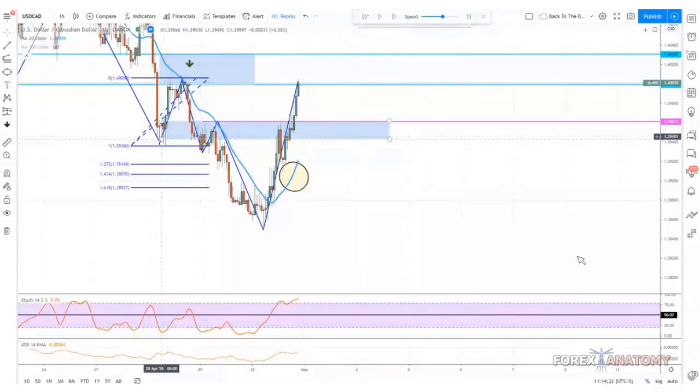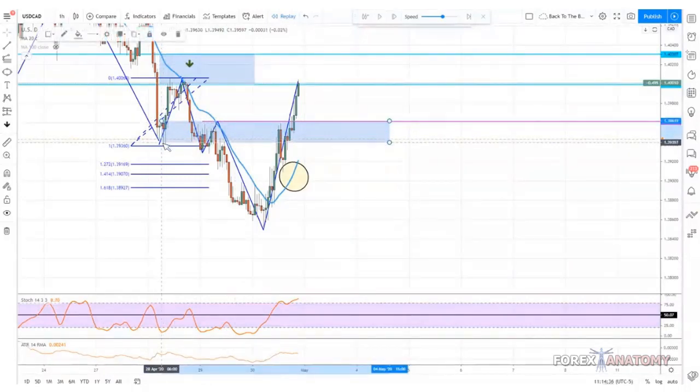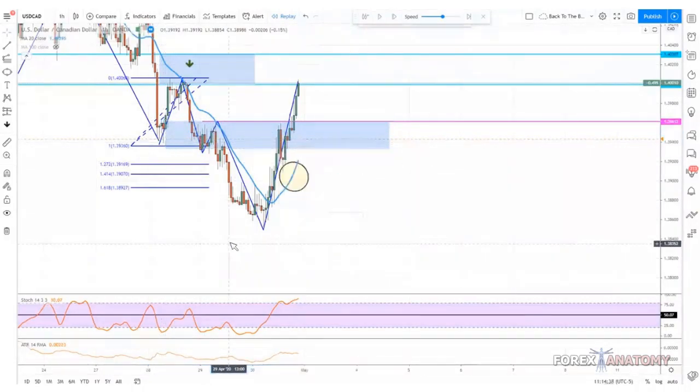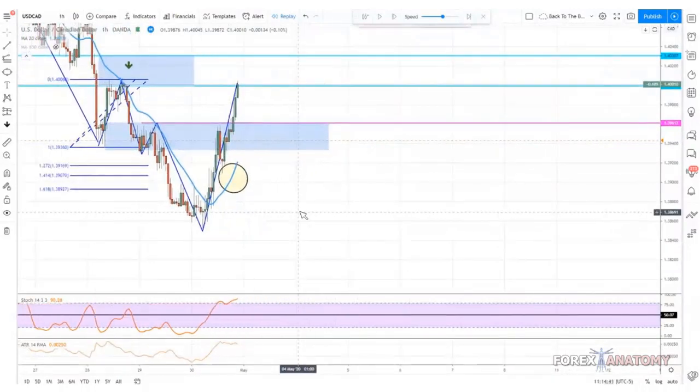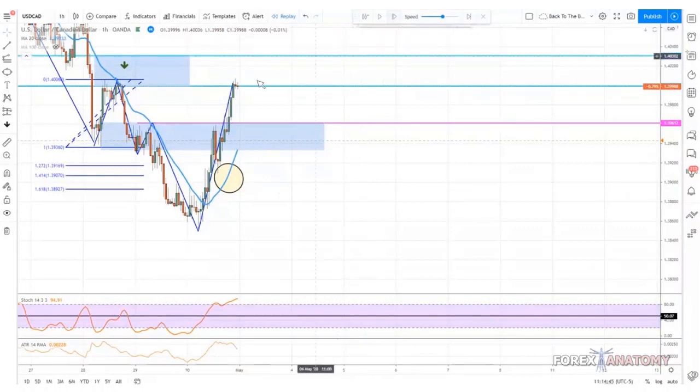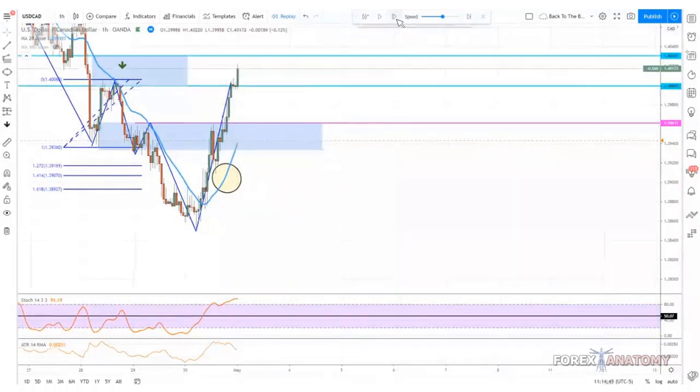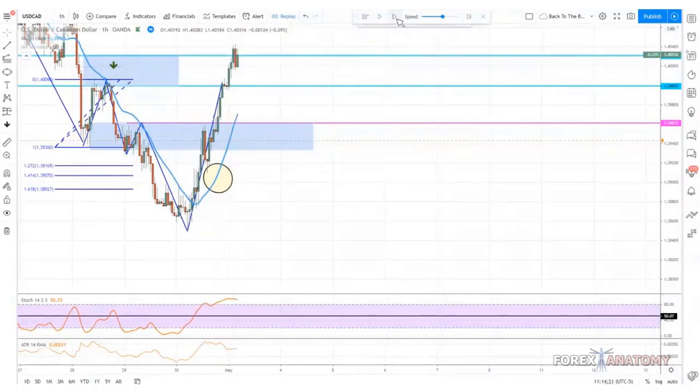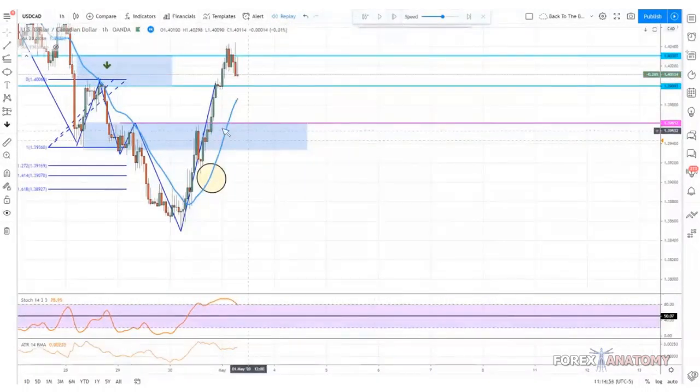Yep, exactly. So then we have this previous high, but what we could do is draw in this zone right here. Then all we're going to do is look for our buy opportunity. Let's see, we get one. Okay, now we got two consolidation candles. This is when we draw in this way. So let's see, we get the pullback. No, we don't get the pullback. So let's see what's going to happen.